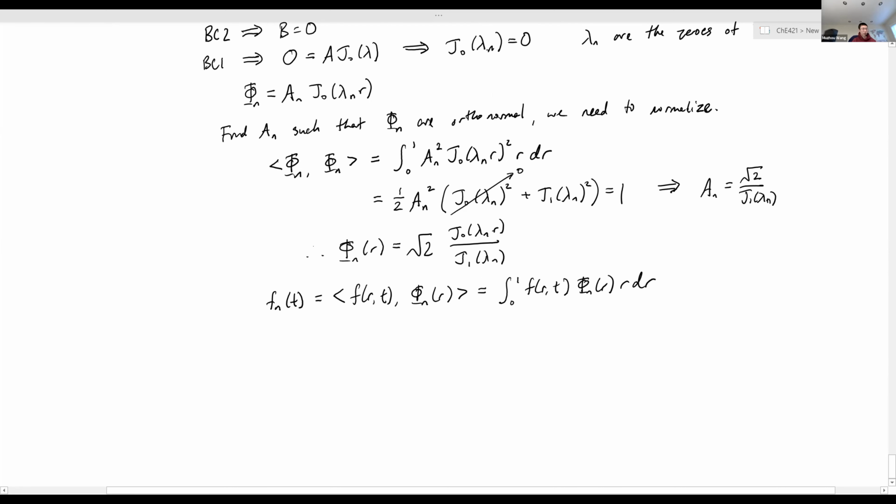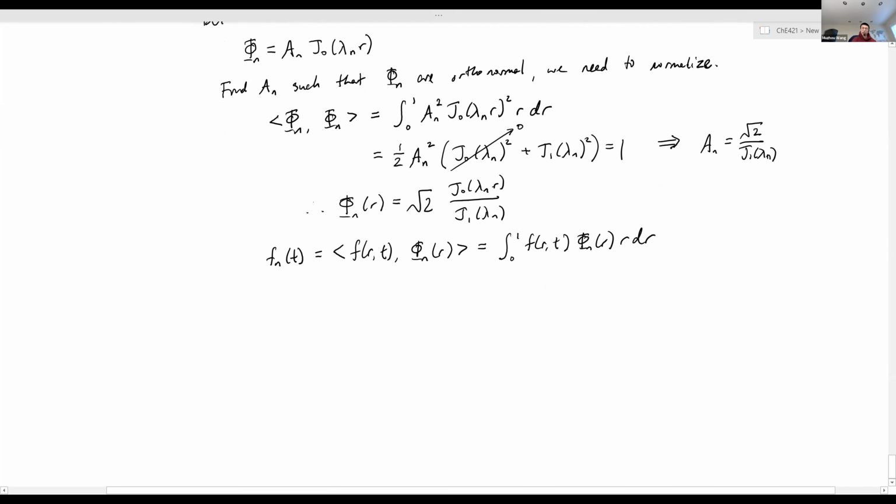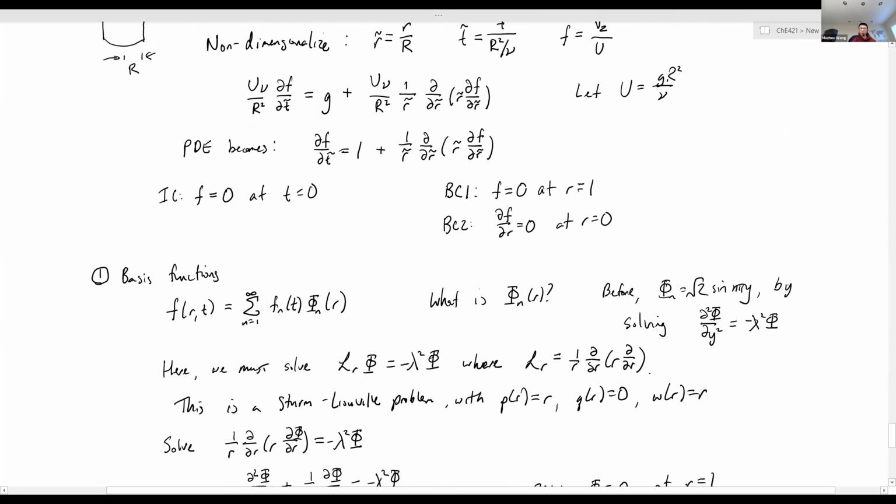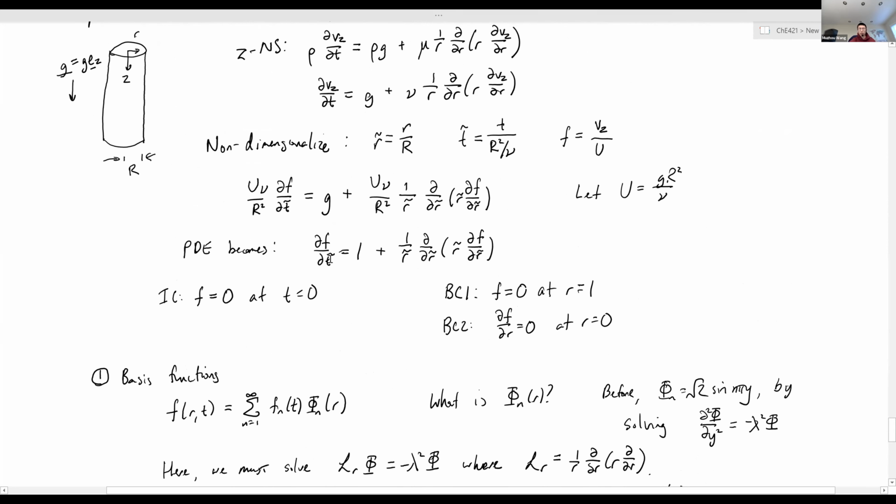Okay, just like before, we also need to transform our PDE. That's our step 2. So we basically multiply the entire partial differential equation by our basis function and then do the integral. We're going to do the inner product of every term in this PDE with phi